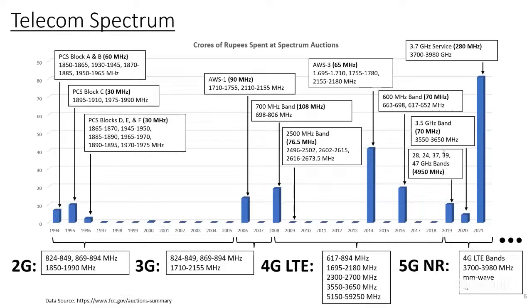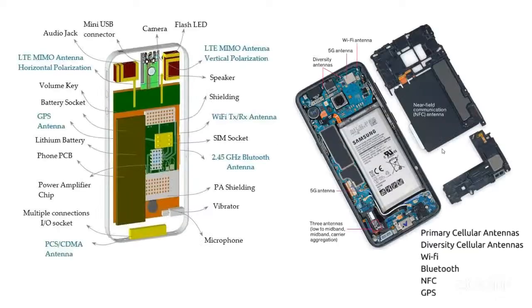If you go to rural areas, outside Hyderabad, you will not get a 4G signal. Then it will drop to 3G or 2G communication. If you go to the interiors of the city, where advanced infrastructure is installed, there you get 5G. So, as in the previous slide, it uses different types of frequencies. For every frequency band or every application, it requires one antenna. This means the more flexible your mobile is, the more antennas it will have.